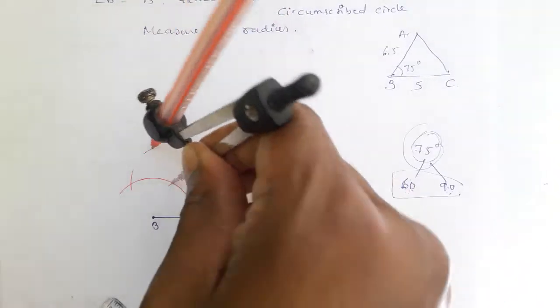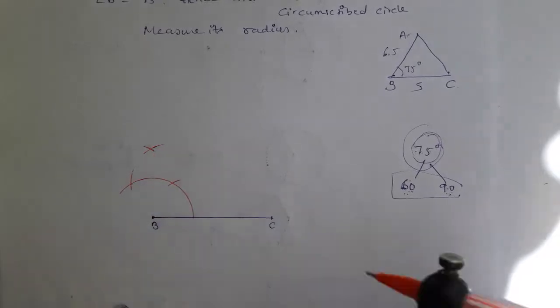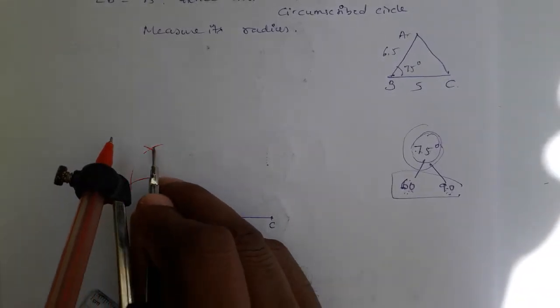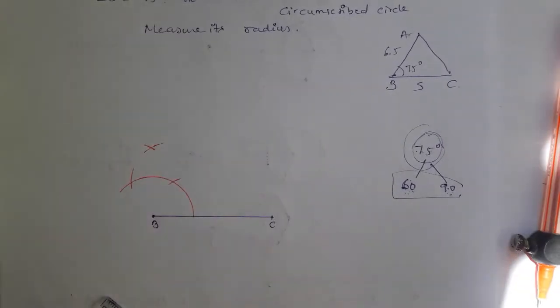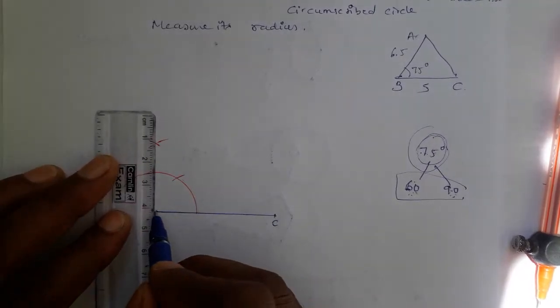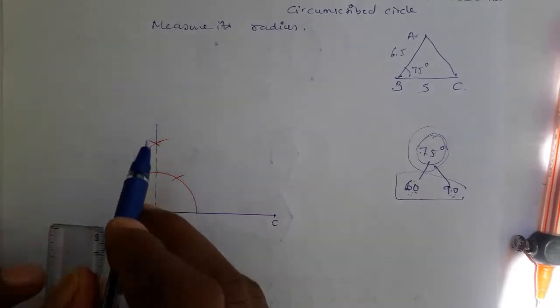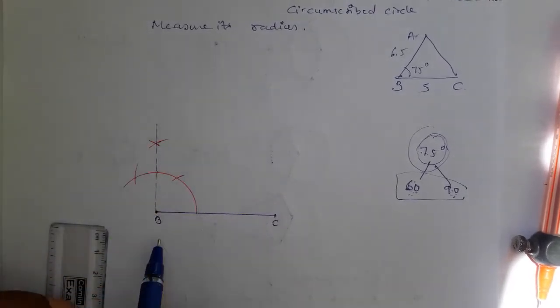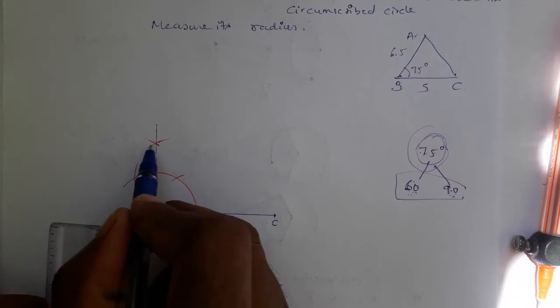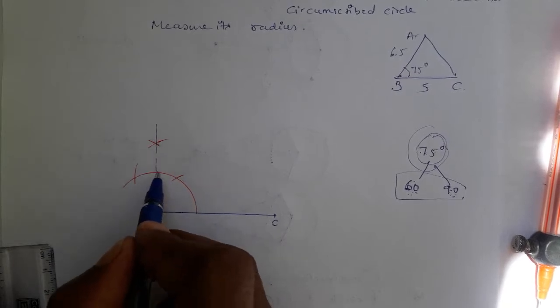90 degree is simple. From 60 degree above and 120 degree above, if you cut two arcs like this, from 60 and from 120 degree, then the arcs you get, you join that to B like this in dotted. This is only called the 90 degree line. This is the 90 degree line, but not 90 degree. Most of the students would take this as 90 degree. Actually students, this is not 90 degree, this is 90 degree.